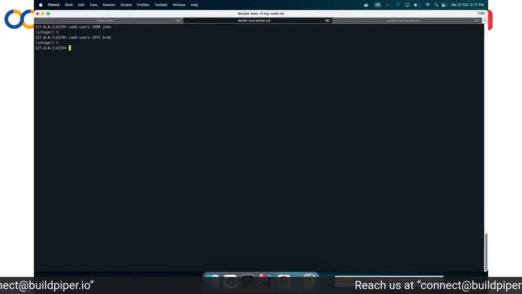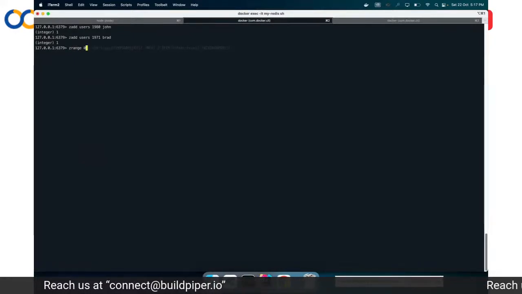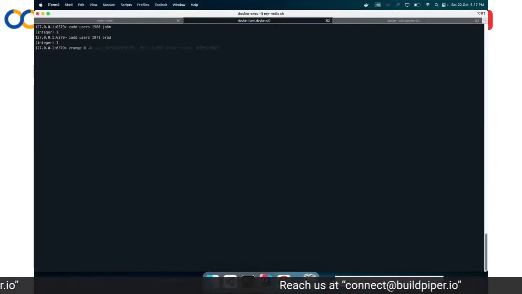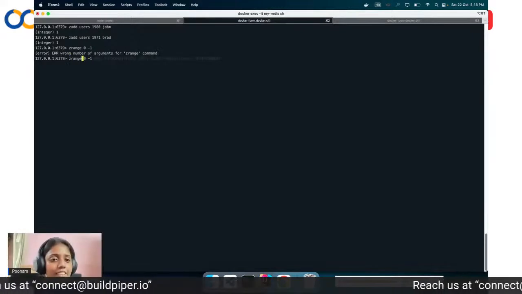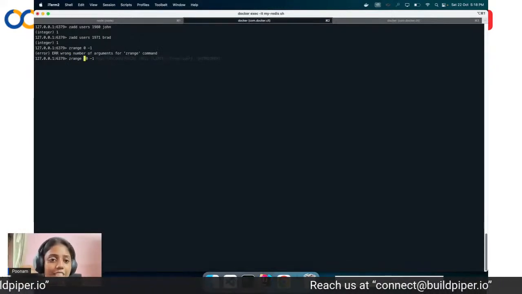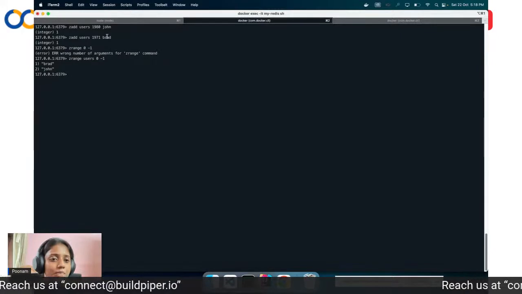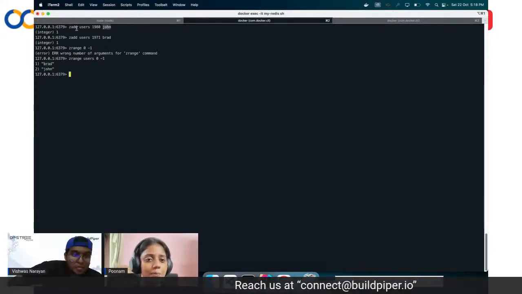Now I can get the users using the zrange command. It is similar to an array data structure where you can go and get values present in that range. So I'm specifying the entire range, start to end, which is 0 to -1. Okay, I didn't provide the name of the key. So users. You notice it gave the Brad username first and then John because it is a sorted set.